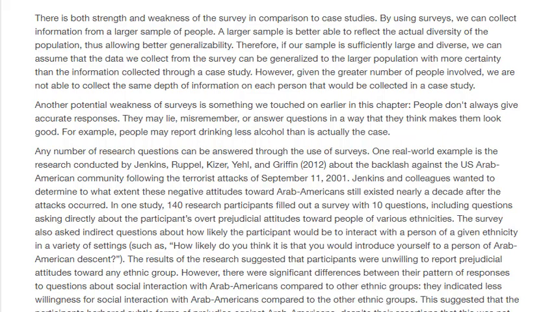There is both strength and weakness of the survey in comparison to case studies. By using surveys, we can collect information from a larger sample of people. A larger sample is better able to reflect the actual diversity of the population, thus allowing better